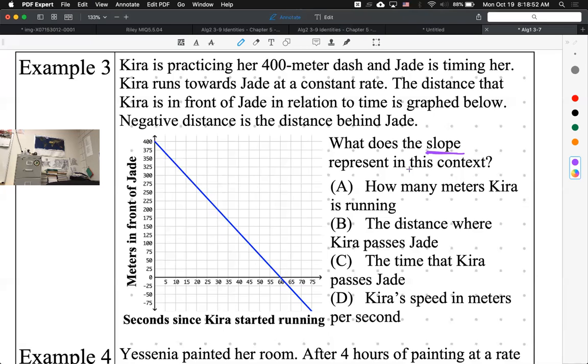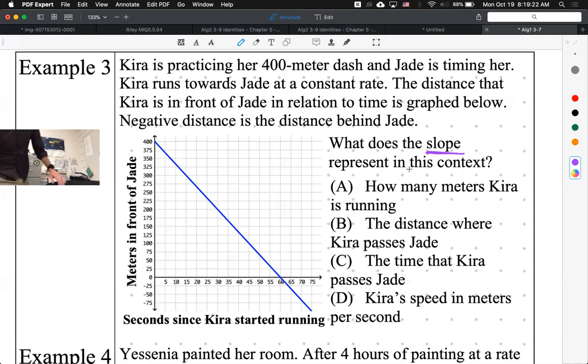All right, everyone take a guess. 1, 2, 3, or 4. What does slope represent? Everyone has to guess. Alden, Diego, Ashley, guess. Carlos, guess. All right, so the correct